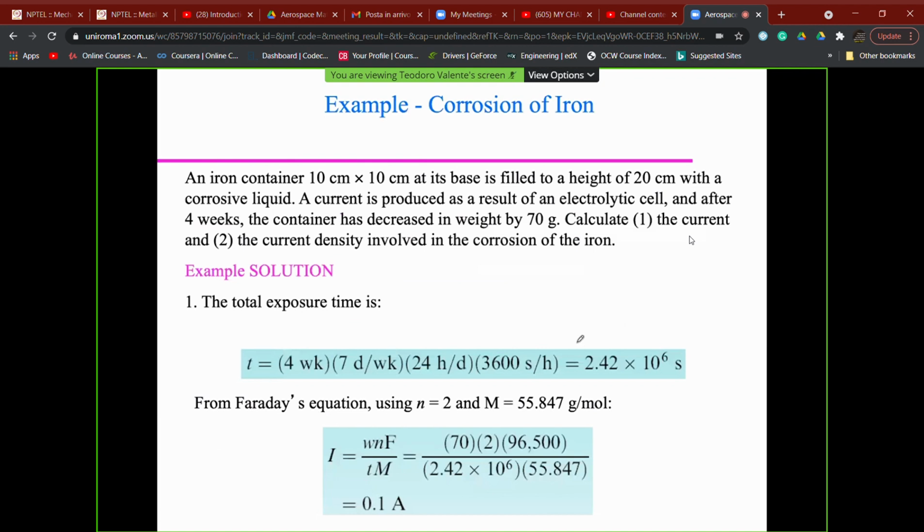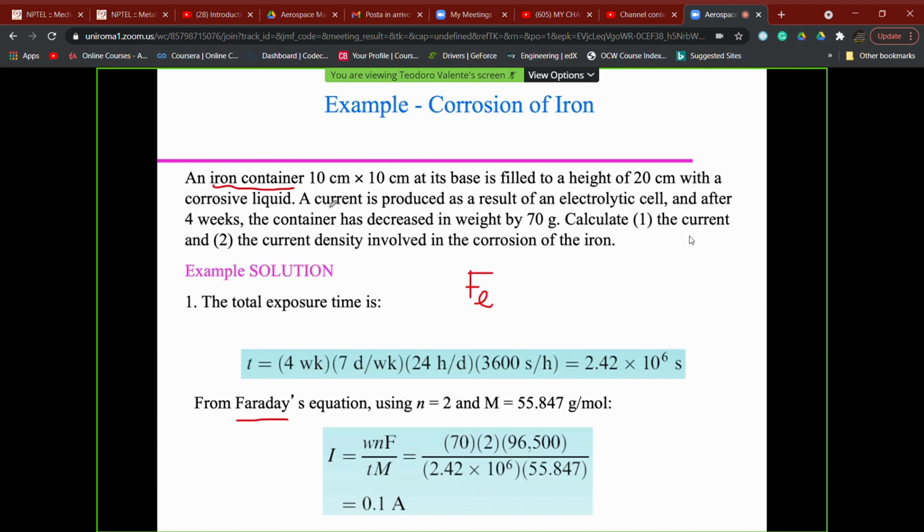Another example regarding the corrosion of iron, and again by using this Faraday equation, which is very important for corrosion phenomena. The problem is this. Let's have an iron container. Obviously, in this case, we are going to make the hypothesis in our calculation that this is a pure iron container. We know that this is not possible because for our industrial applications, at minimum, we use steel, that is iron-carbon alloys. But to make a preliminary evaluation, this approach works very, very well.